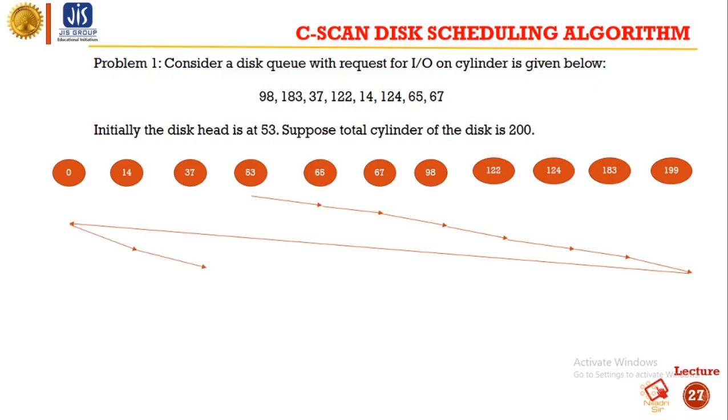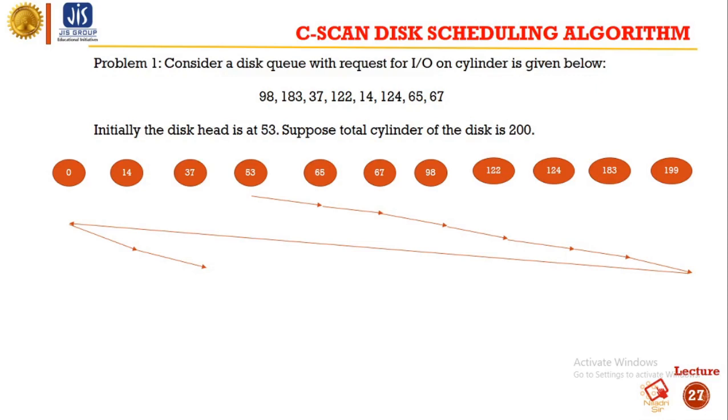So this is the difference from the previous one. In the previous case we moved in the opposite direction, and with the opposite direction we moved to the element which came first. But in this case we will move in the opposite direction, but we will move to the beginning. So this was the process.